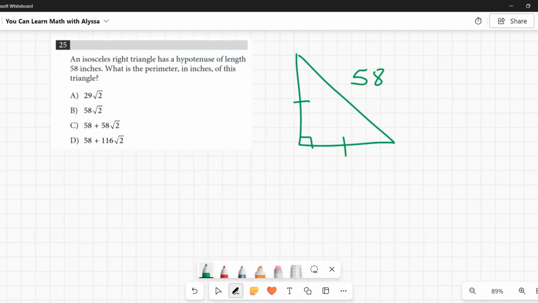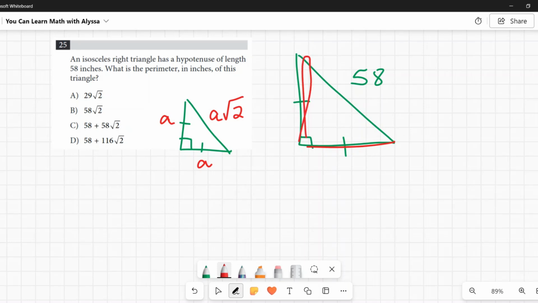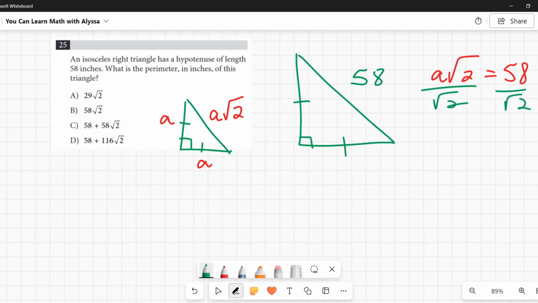So you can solve this using the pattern for an isosceles, or 45-45-90, right triangle, which is that this side is A and this side is A. This is A times the square root of 2. You can use that pattern over here. So if you want to find the legs of the right triangle, since this is A times the square root of 2, to find A, I need to divide both sides by the square root of 2. So that would be